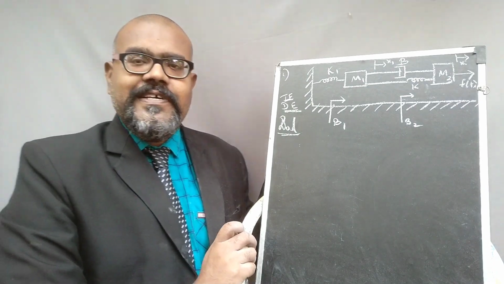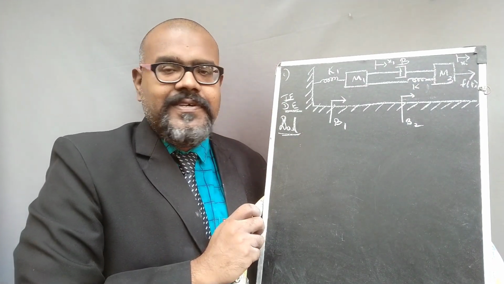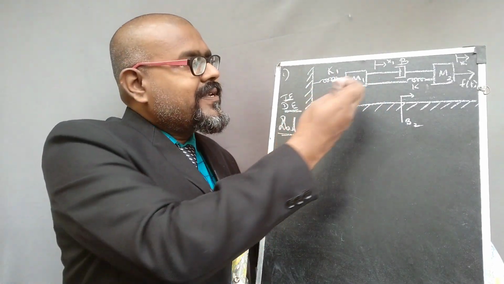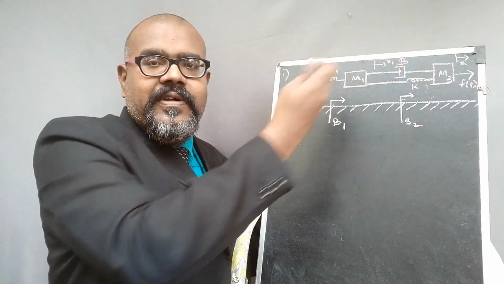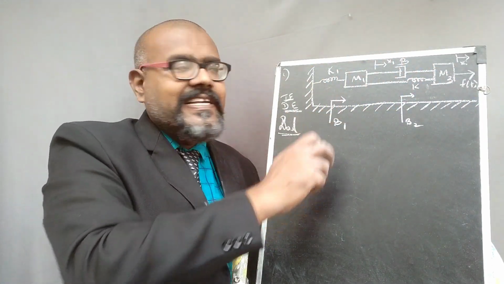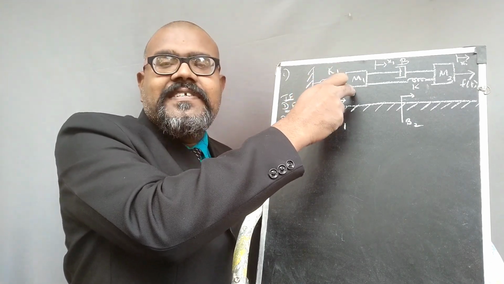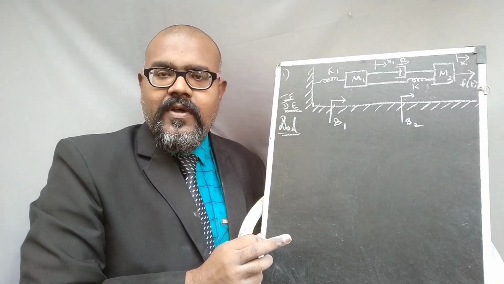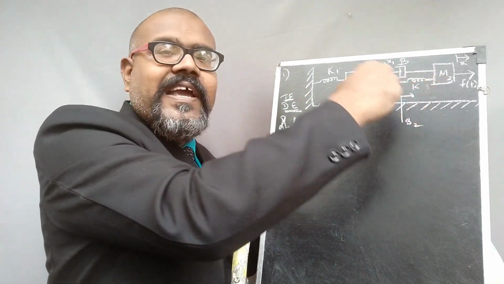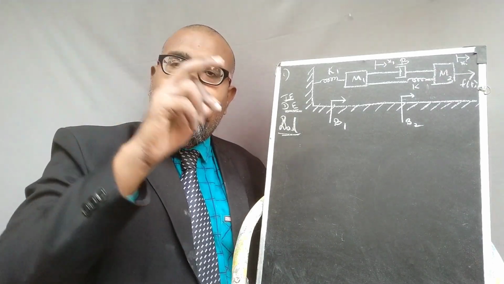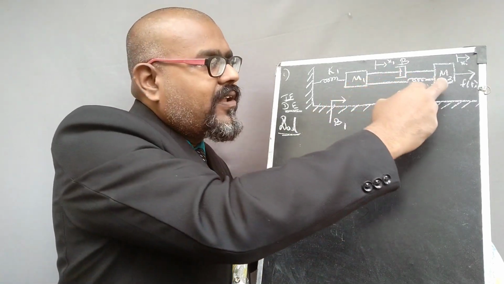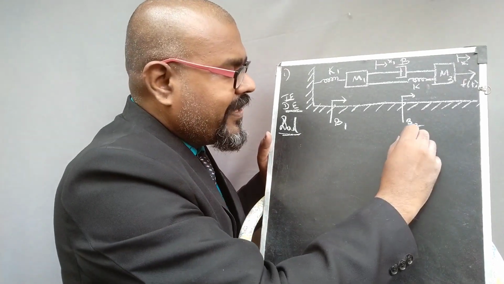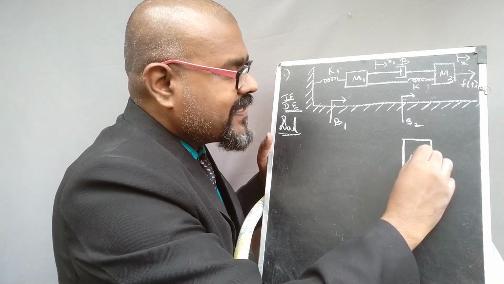So what we are going to discuss is how we can frame the transfer function of the system. First of all, we split the system into two blocks, that is mass m1 and mass m2. We want to draw the freehand sketch of mass m1. In that sketch, we need to determine how many opposing forces and applied forces act on mass m1. Then we go for the freehand sketch of mass m2, and determine how many opposing forces and applied forces act on this mass m2. So the first step is to frame the free body diagram of mass m1.